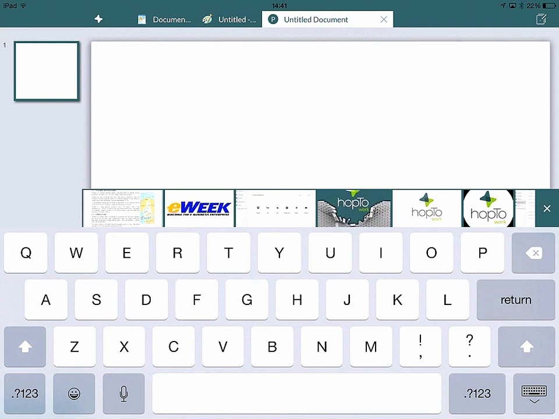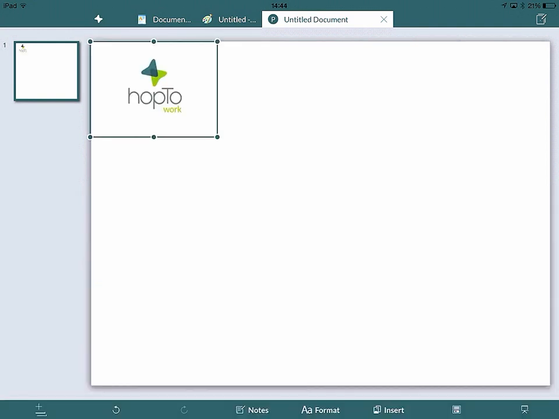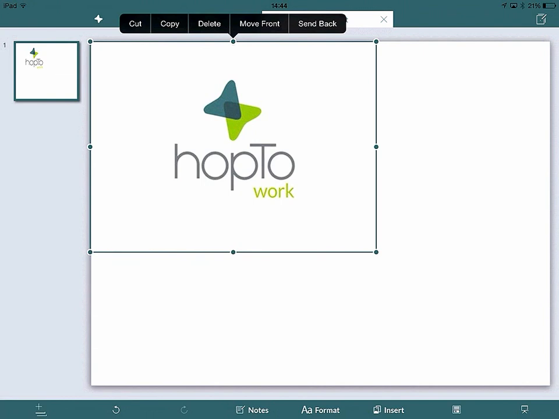So we'll select this, and now the image is inserted into your PowerPoint presentation. You can make it bigger, you can cut it, copy it, delete it, move it in the front, send it back, etc. So there's lots of different things you can do with the edit capabilities of Hop2Work.